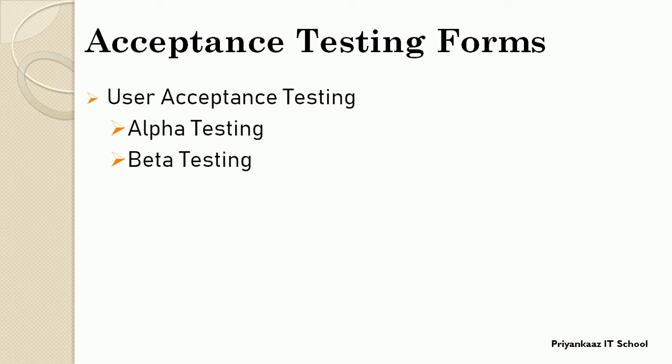And in this form, we have two types, alpha testing and beta testing. Now, what exactly are alpha and beta testing? Basically, guys, alpha and beta testing are conducted by the customer or end user. This testing is used by the developer of the software who wants feedback from the real customer. Alpha testing is conducted by the customer in the development organization, and here the customer tests the software product and everyone is involved in this testing.